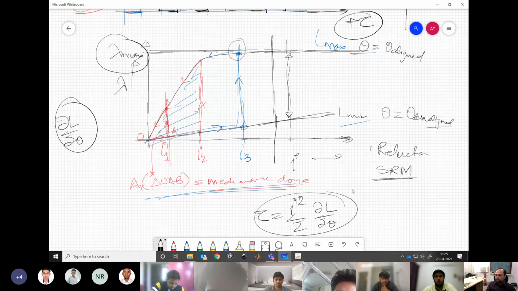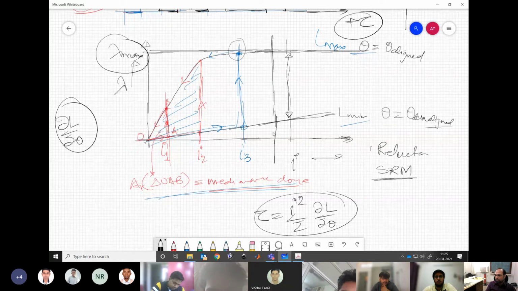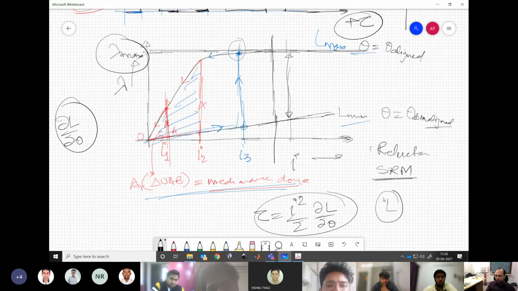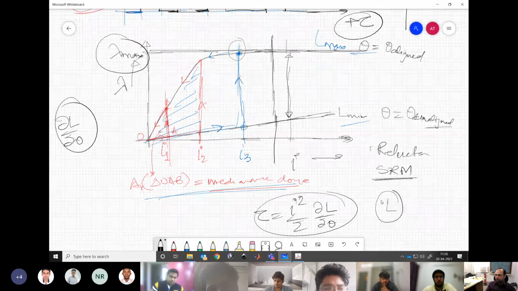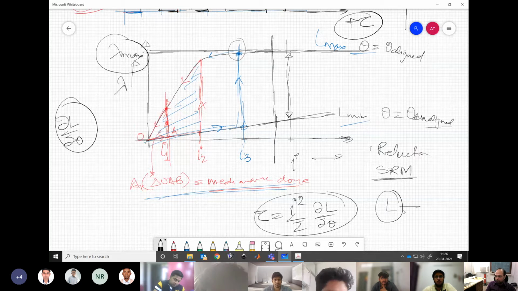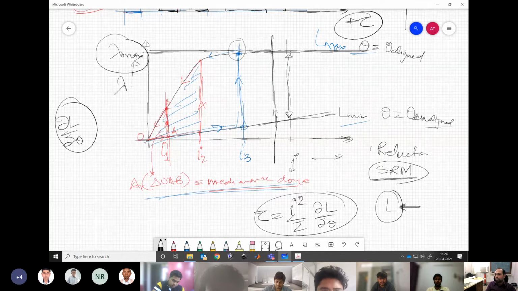Understanding my point? Now, of course, there is no problem in saturation. Why is there no problem? Because we are not relying on a fixed value of L. We want it to change. Compared to an induction motor or synchronous motor or any other motor, we do not want L to be fixed. We want it to change. So that is why we generally operate SRMs up to the saturation limit.